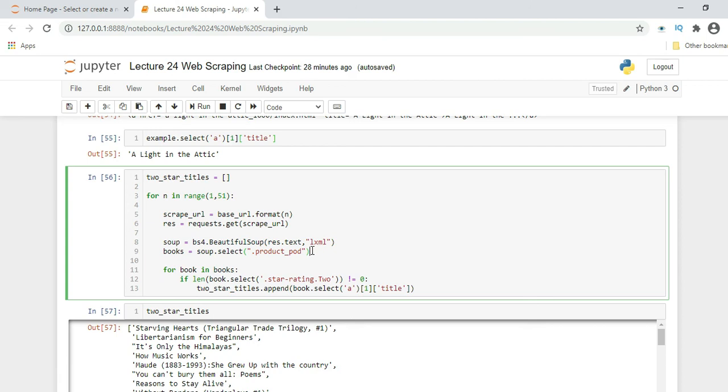Inside the for loop we have another for loop: for book in books, where book is a single book which will take from the list of values.